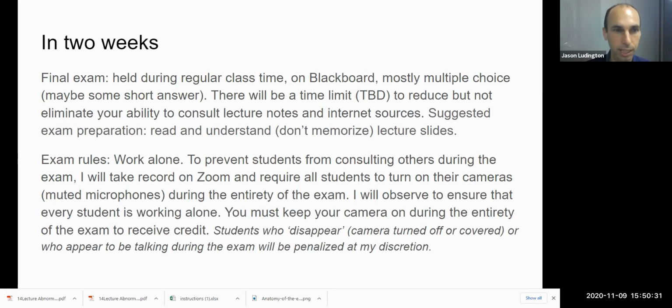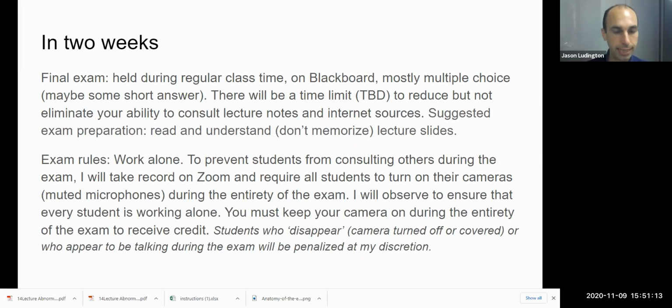I really don't encourage memorization, but I do encourage studying and understanding. If you try to answer all the exam questions by frantically looking up and trying to cram while you're taking the exam, you're going to run out of time. It's not effective. So I expect and suggest that you prepare for the exam in advance before taking it. Read to understand, not to memorize.